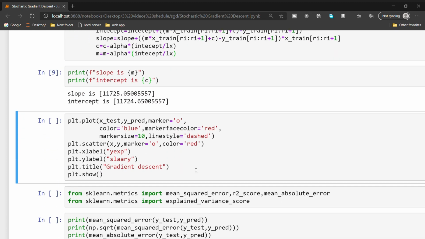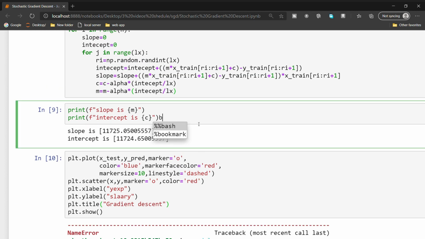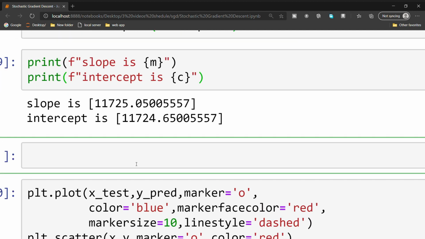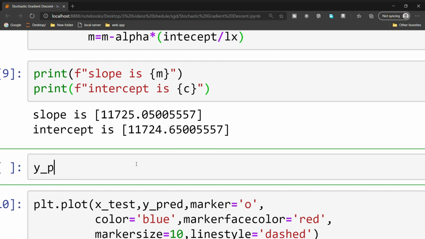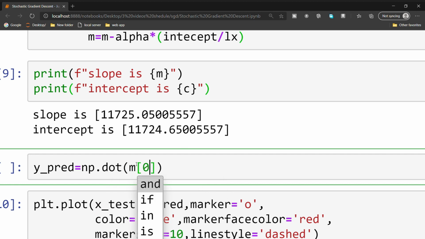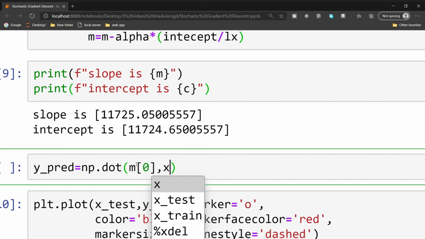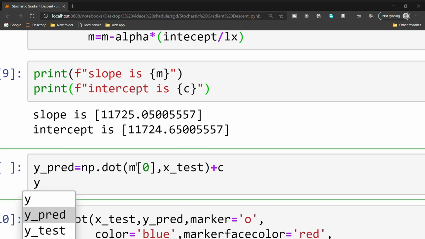Okay, next let's check our plotting also. Sorry, we need to predict. y predict equal to np.dot m of 0, because m is a list here, comma x test plus c.